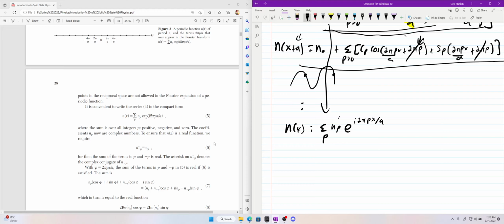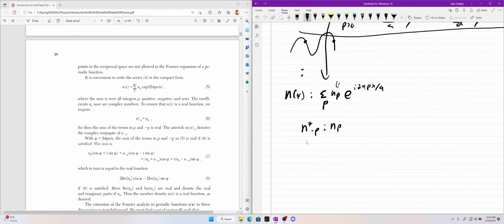And now these n sub p, that should be a subscript. All right, we're good. Such that the complex conjugate of n negative p has to equal n of p for the sum of the terms of p and negative p to be real. So we can say, let's say phi is equal to 2 pi px over a. Then we can rewrite the sum